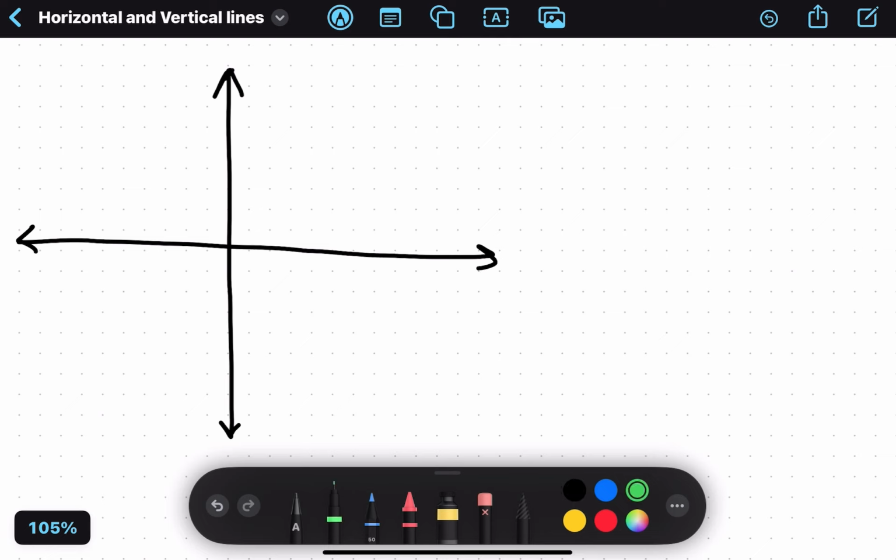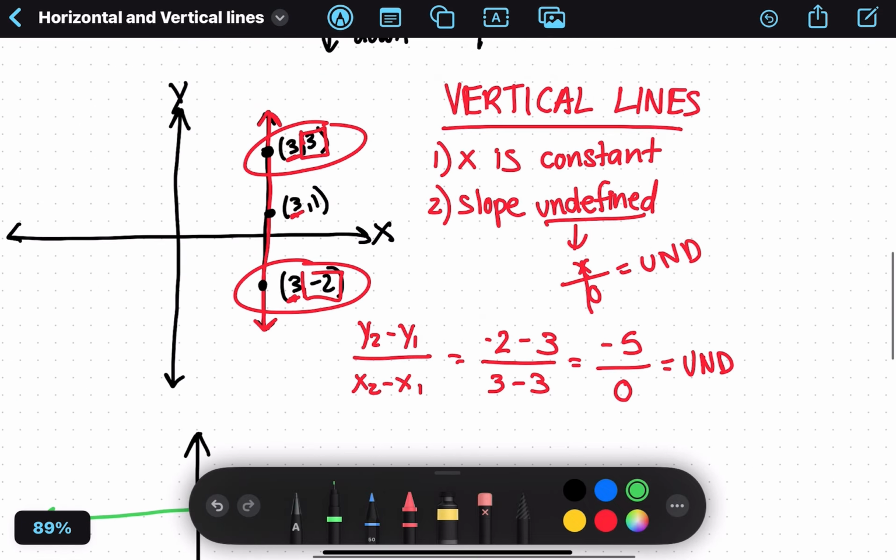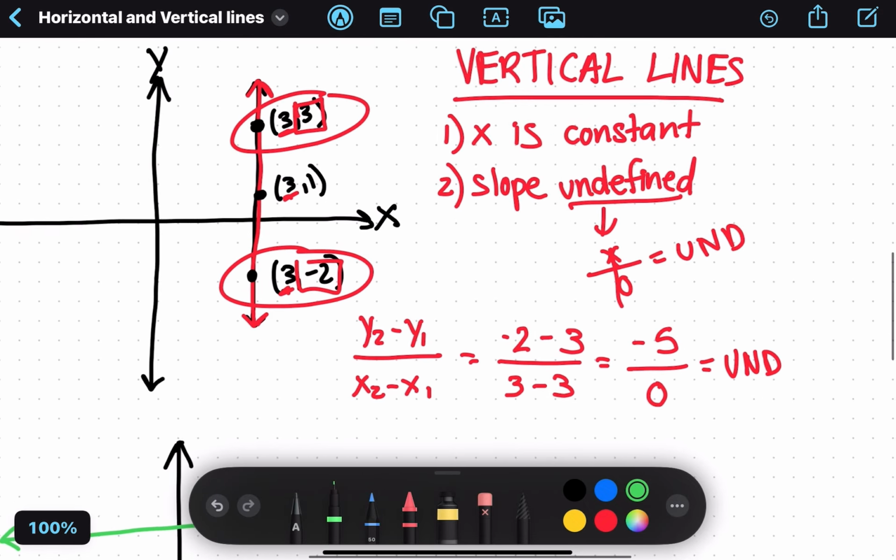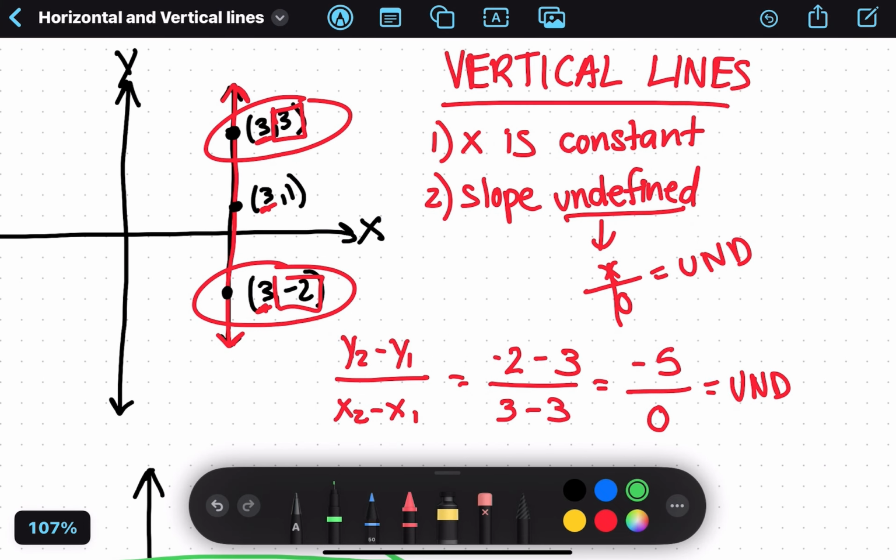And this time, we're going to have a horizontal line. Oh, before I move on, I actually have one more thing to add for vertical lines. One final thing you must know about vertical lines